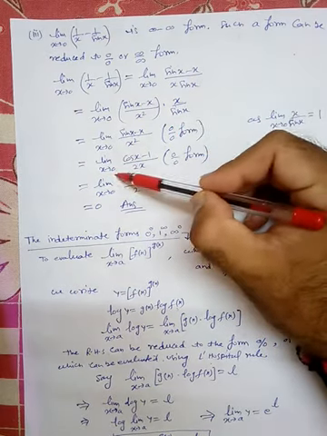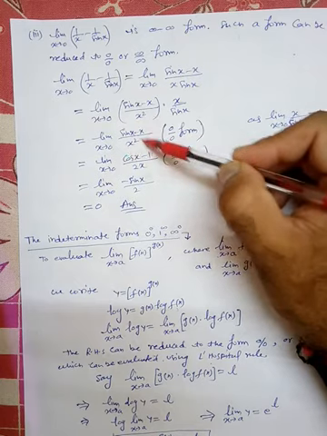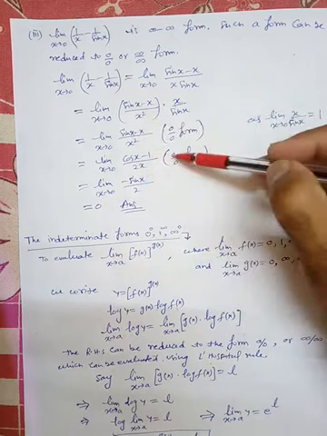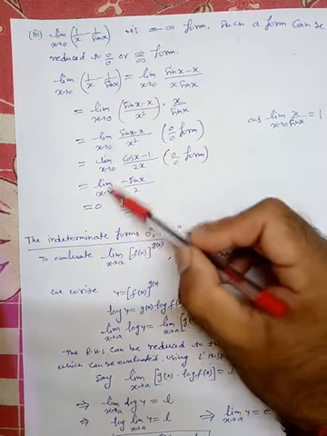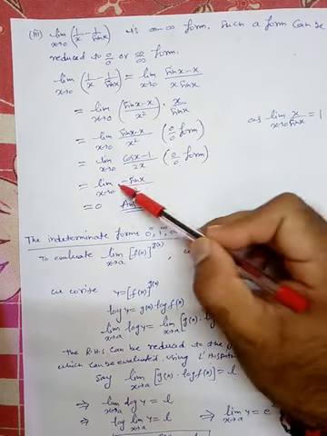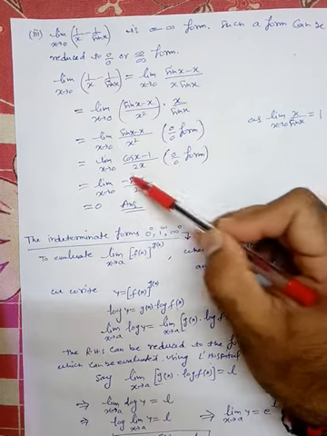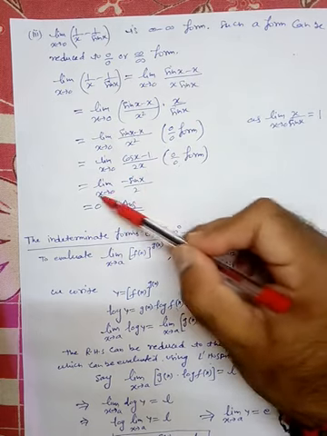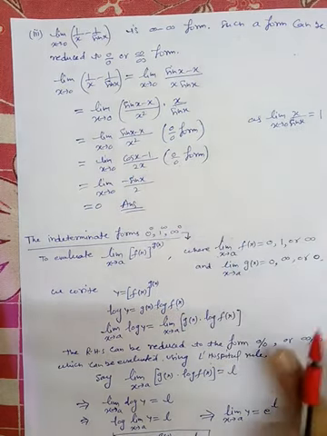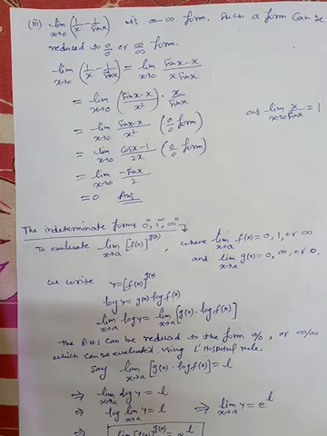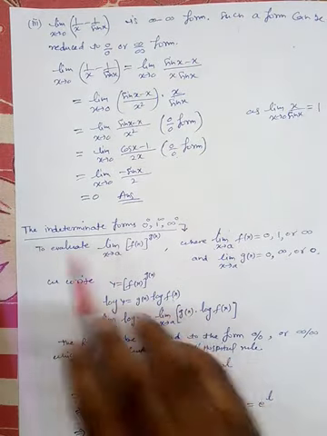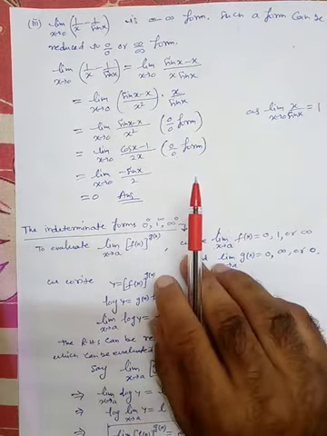So limit x tending to 0, differentiate this function, numerator and denominator separately. So cos x minus 1 divided by 2x, which is again 0 by 0 form. So again limit x tending to 0, the derivative of this will be nothing but minus sin x, and the derivative of the denominator is 2. Apply the limit here, so we get 0. So 0 is the limit of this function. Okay, so now these are the examples on 0 by 0 and infinite by infinite form and infinite minus infinite form.